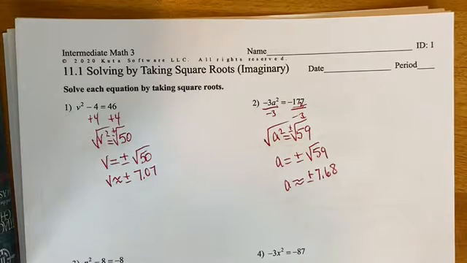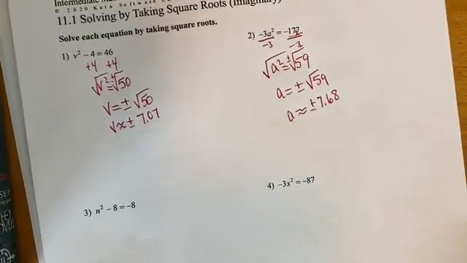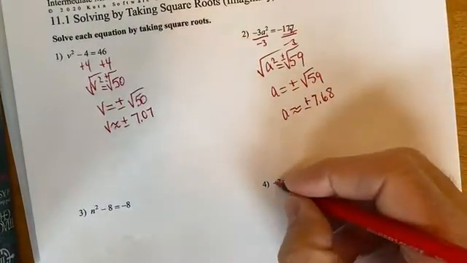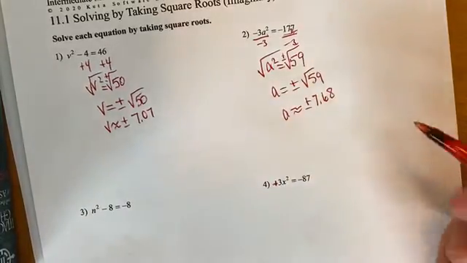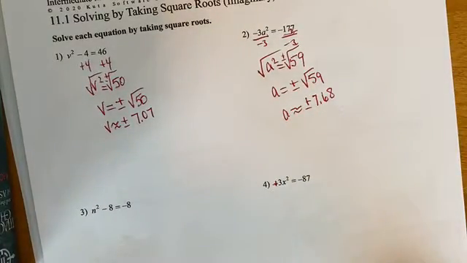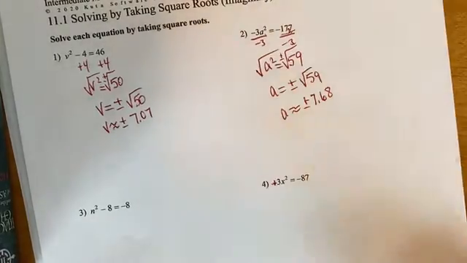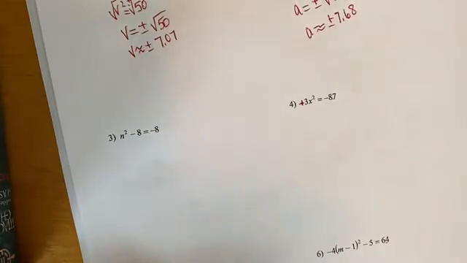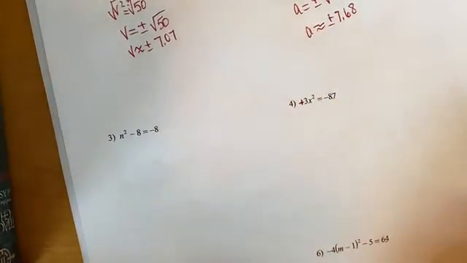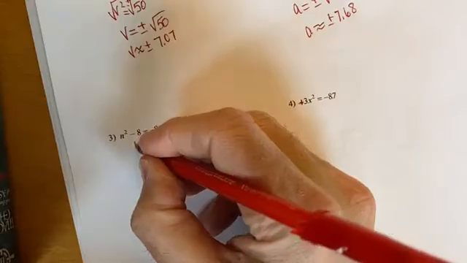I don't think I'm getting any imaginary. I think I made a mistake. I'm going to change number 4 to plus just so you get an imaginary number. And this one will be good. Okay, so we're good. We're going to have this one be imaginary and that one be imaginary. This one is kind of special, but I wanted to get some imaginary answers, and I don't have those yet. Anyway, when you add 8,